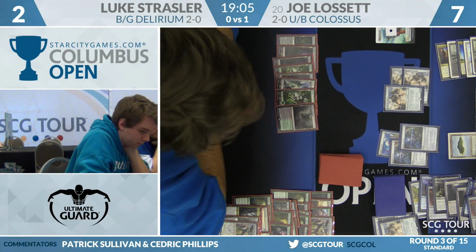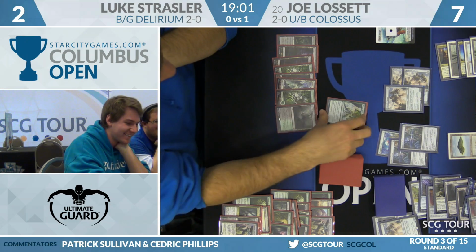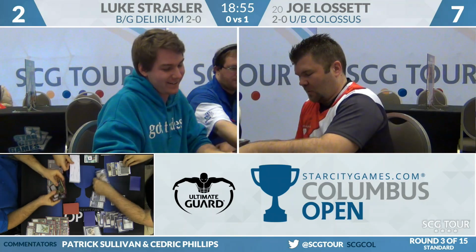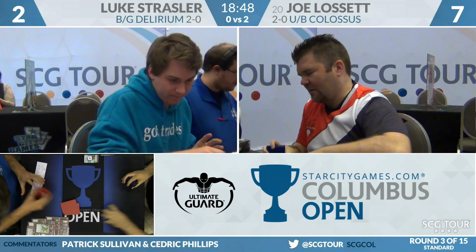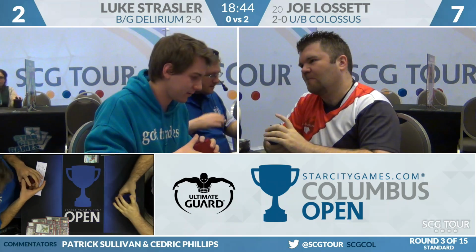There's something here. Yep. There's something here. That's for sure. Natural State, a little late to the party, unfortunately, here for Luke Strasler. It will take care of the breakfast, and that is going to do it. Joe Lossett's going to win this match here over Luke Strasler. 2-0. Blue-Black Colossus looking pretty nice here for Joe Lossett, taking down Black-Green Delirium. And you said it, with the bannings and some new additions, the combination